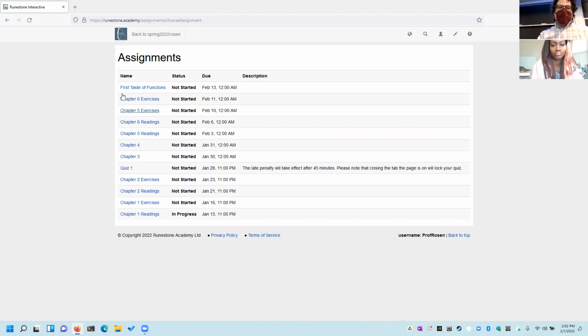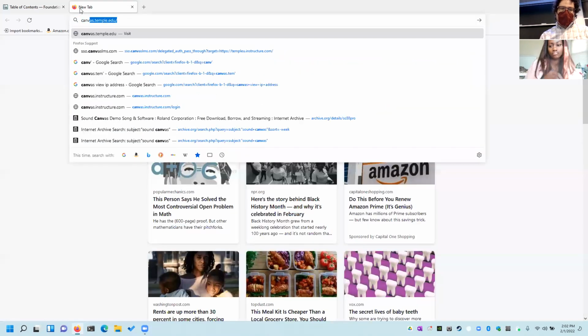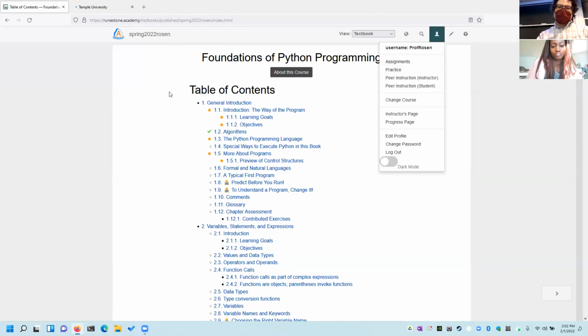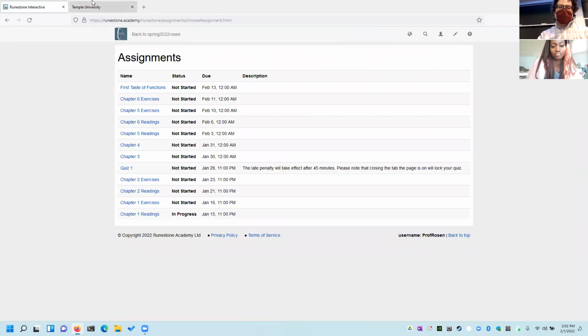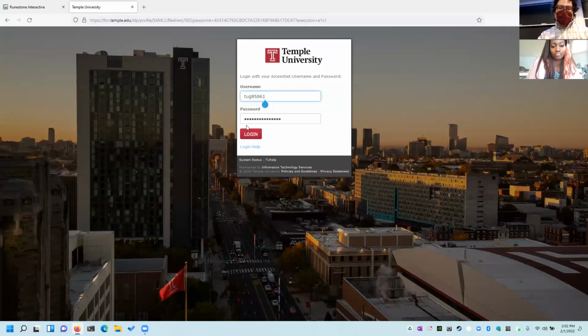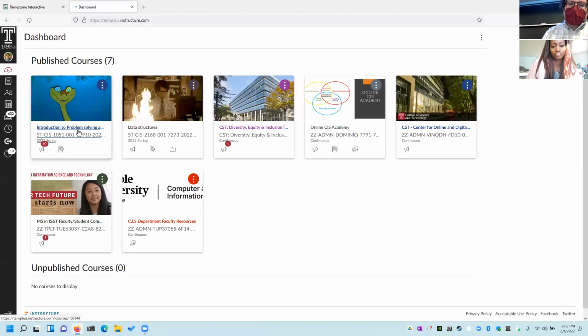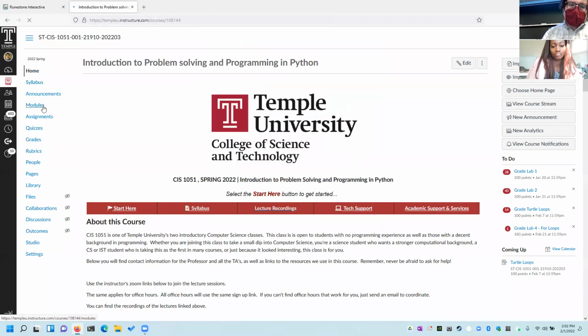Again, Professor, these are soft due dates. Yes. Where can we find the assignments list? You can find the assignments in two ways. First, if you're on our textbook page on Runestone, you just hit the person icon up in the top right, hit assignments, and it'll bring it to you, and it will list everything on Runestone, including the quizzes that have currently been assigned. The other thing to do is, if you're working from Canvas, you can go over here to,